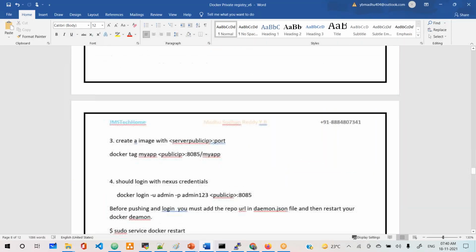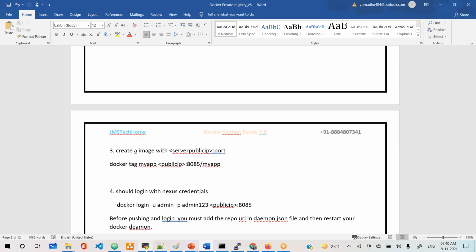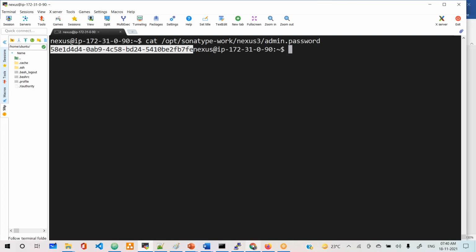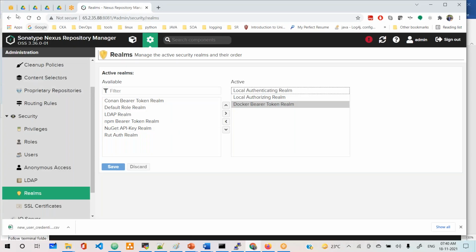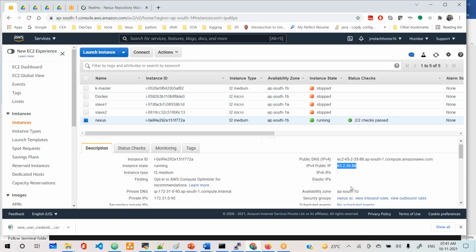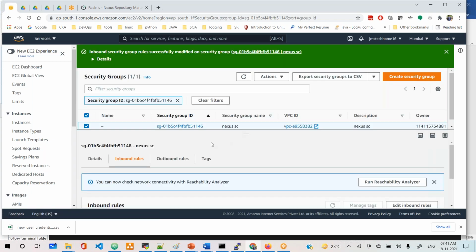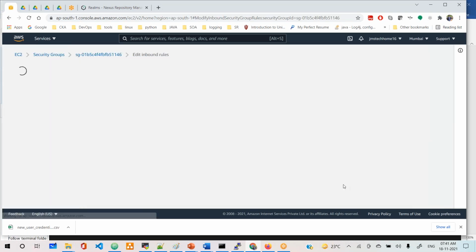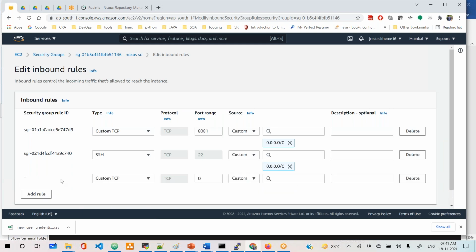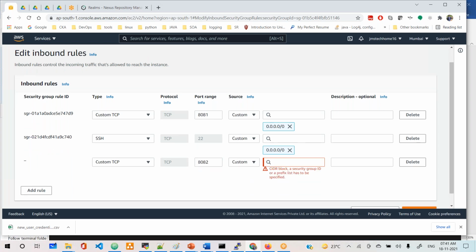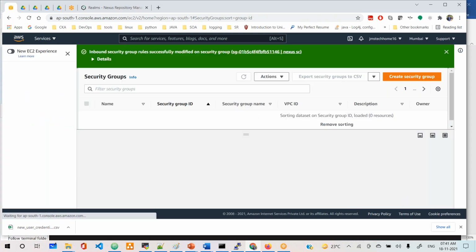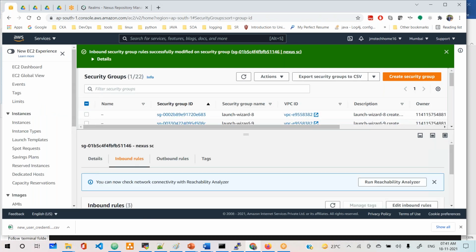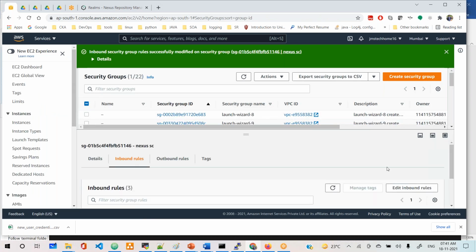The next, once it is done, then go to your repository and make sure, guys, that we are allowing the 8082 port now. That 8082 port needs to be allowed in your security group. We are using the 8082 port, that needs to be open in your security group. 8082 needs to be open here, and select anywhere as of now, save the rule. Okay, once the rule is saved, the next